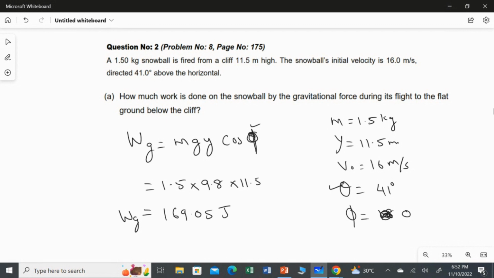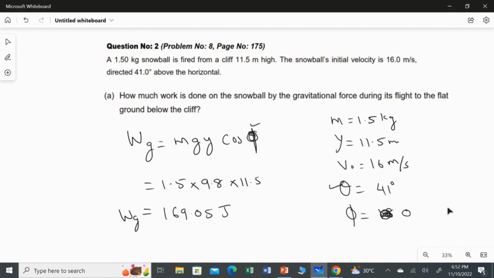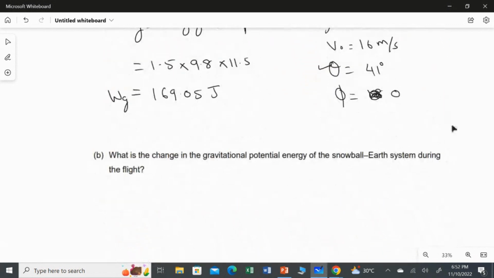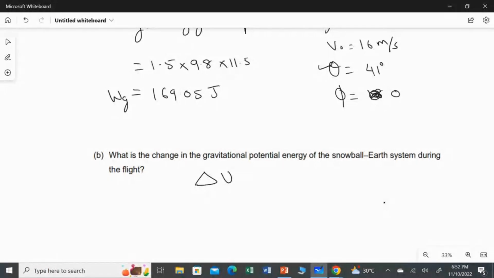169.05, and the unit is joules. Clear? So this is the answer for the first question. And this question has a second subdivision also. In the second part, what should be the change in gravitational delta U for the snowball earth system during